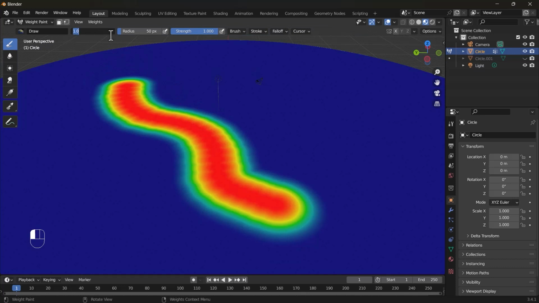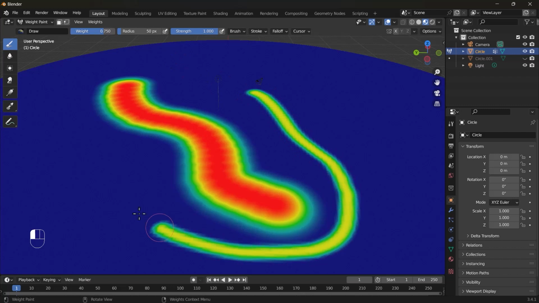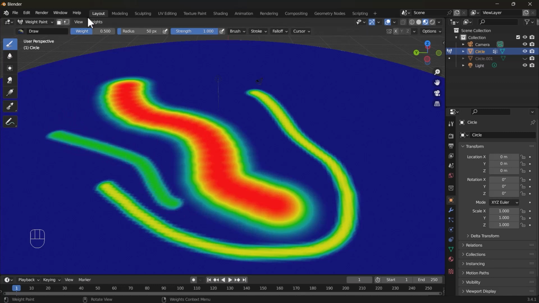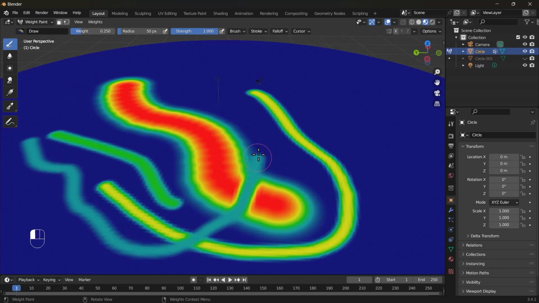You can notice your mouse is acting like a brush, and if you start painting on your object, it'll paint red with some falloff to blue. This is nothing but density. Red is the maximum density, and you can see up here the weight is set to 1, that is maximum. Yellow is your 3/4 density, and you can also type the value in this box according to what density you want to paint. Similarly, green is half density, cyan is 1/4 density, and of course, blue is 0 density.